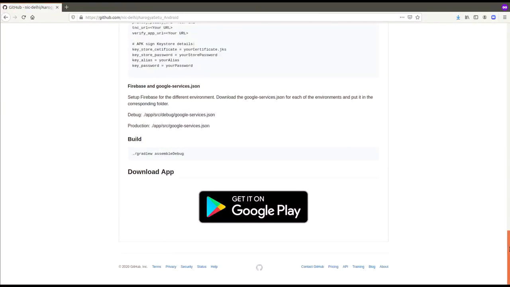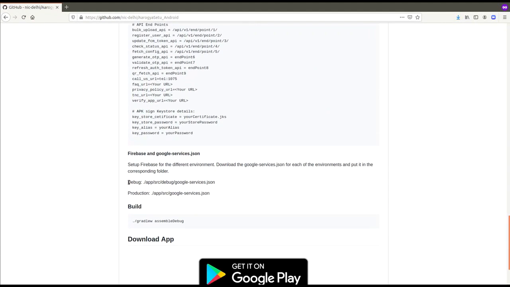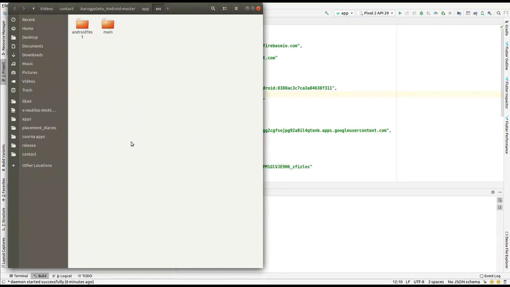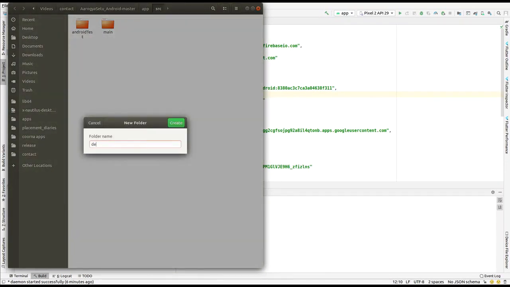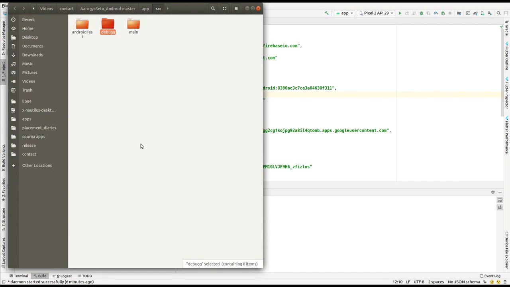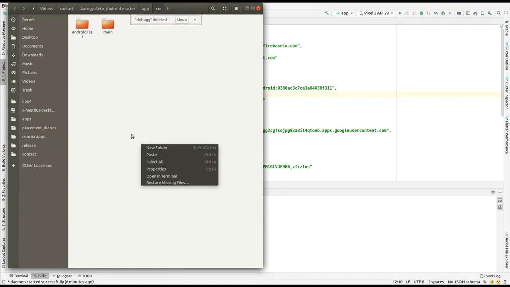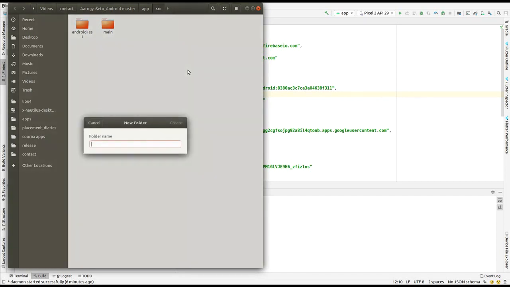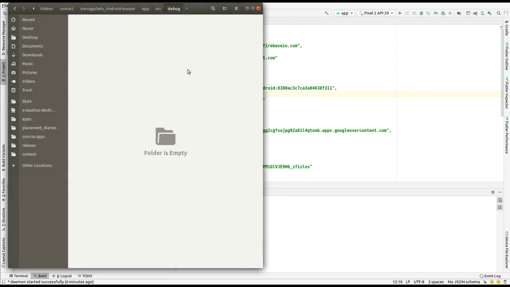Okay, now I have to deploy it for the debug section and production section. I've already set that up for production. Now I have to make it for the debug section too. So here I am going to create that debug folder. Wrong spelling, I have to delete this. Okay, create new again and name it debug. Make sure there are no spelling mistakes, and paste it here. That google-services.json file, I have to paste it here. Yes, I pasted it.